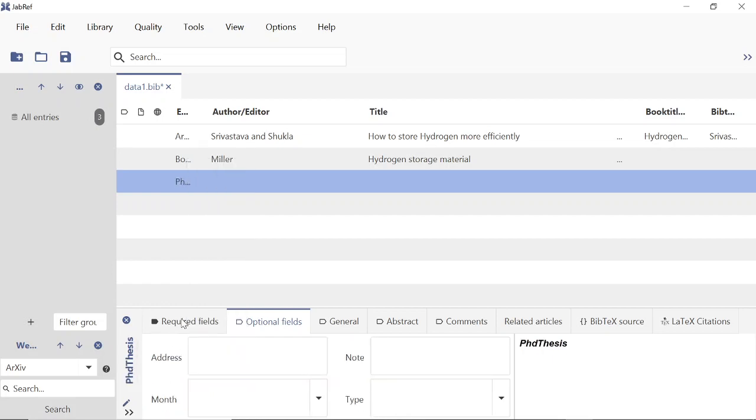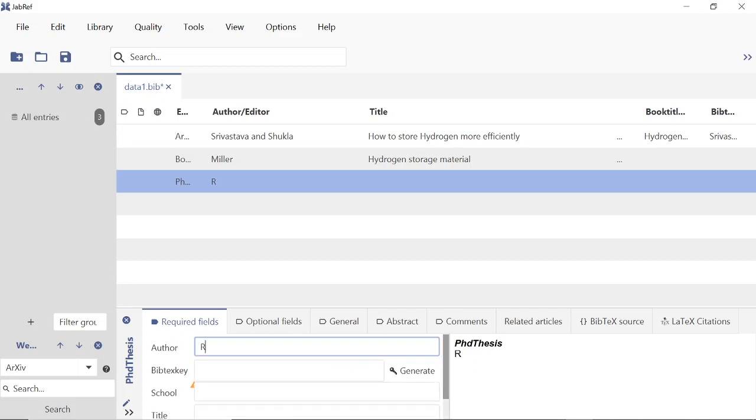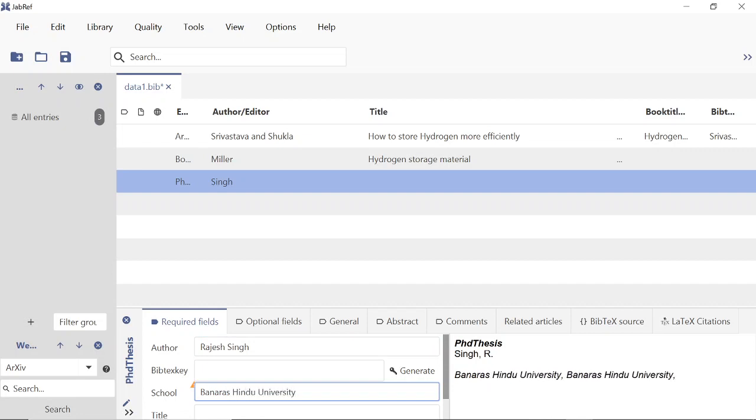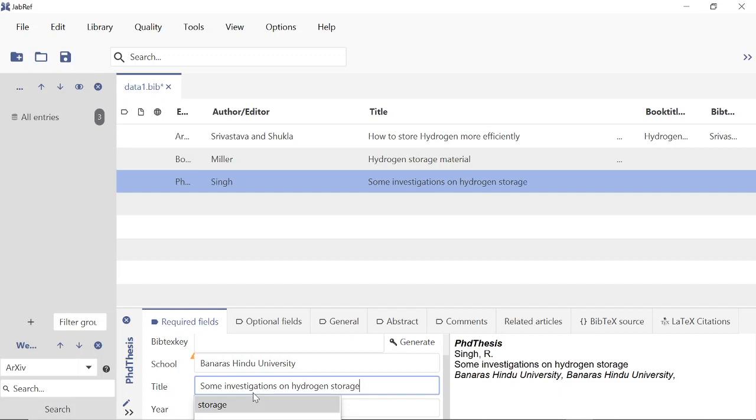So we will see another thing like PhD thesis. Okay, so required field is author. There will be only one. School is Banaras Hindu University. Then title of the thesis, like this.